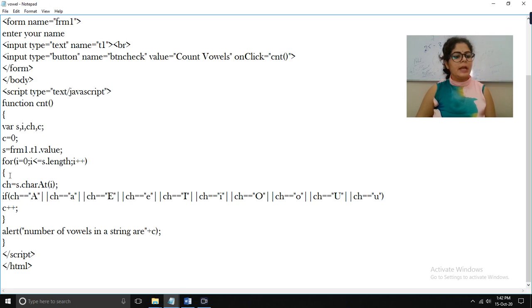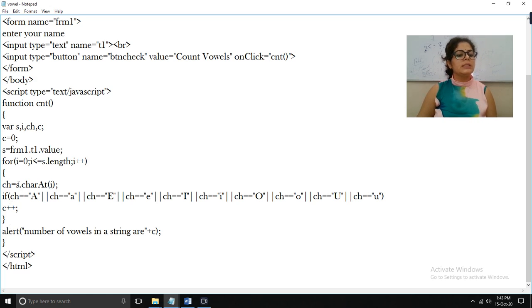Next, inside the for loop, we have to apply a condition, because JavaScript doesn't know what the vowels are. So we are going to declare what the vowels are and what to check, and it will check accordingly.